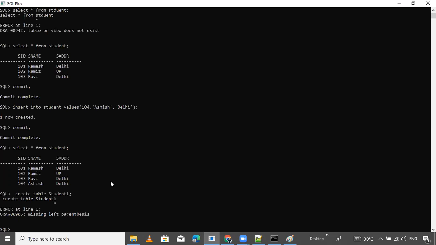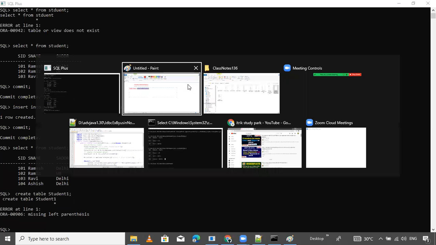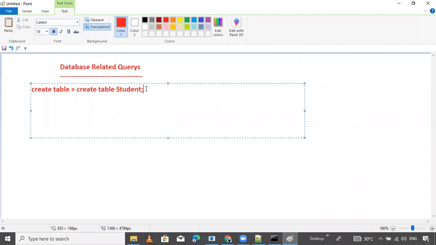What is that error? Missing left parenthesis. Create table student, passing the parameters, passing arguments here.